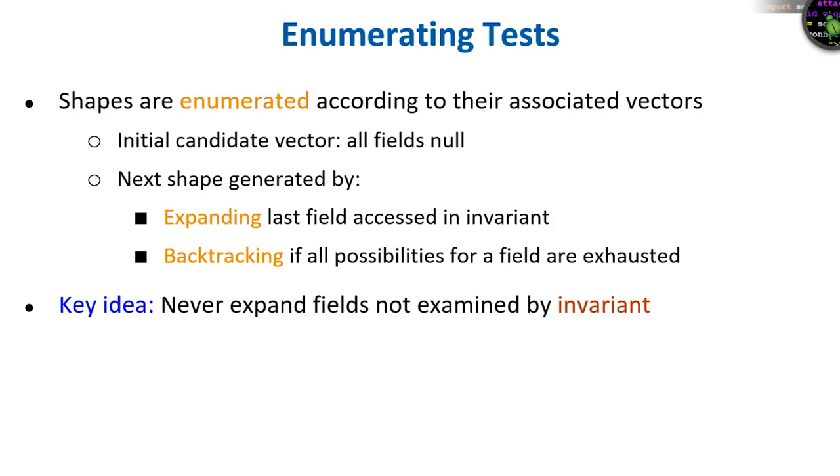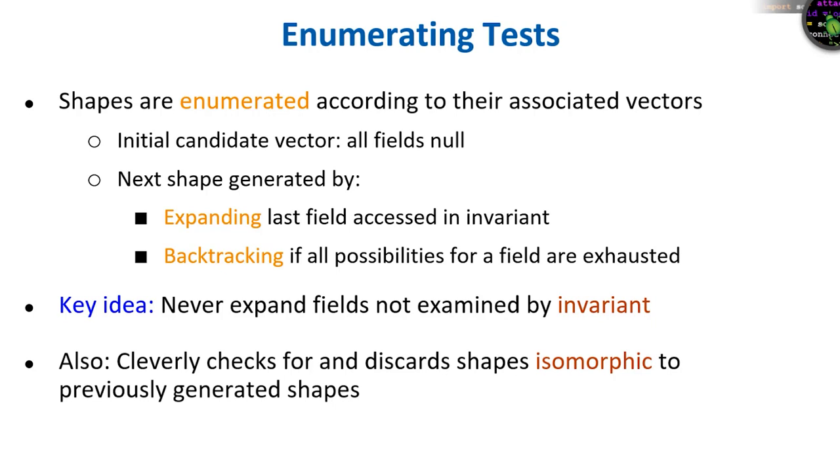This is what allows Korat to skip all but one binary tree with a null root. The rep_ok function will stop at the root if the root is null, so it won't assign objects to any of the other fields while the root is null. Additionally, by keeping track of which objects point to which types, Korat cleverly checks for whether it generates isomorphic and therefore redundant test cases, discarding any isomorphic test cases it finds.